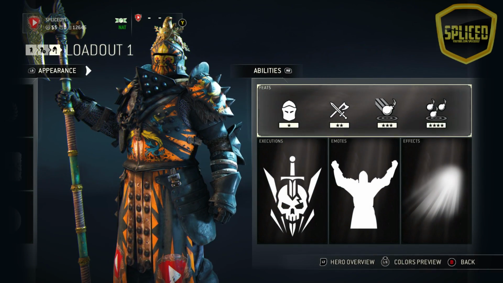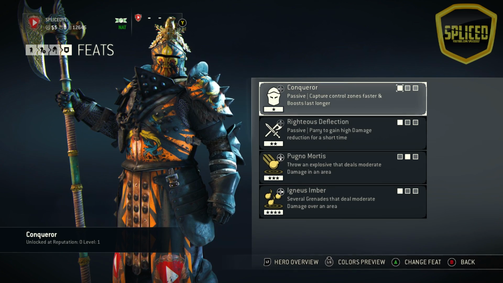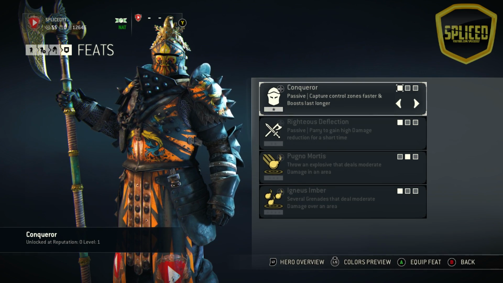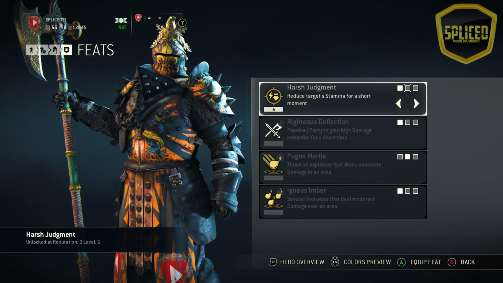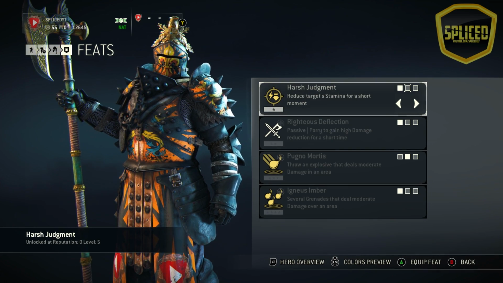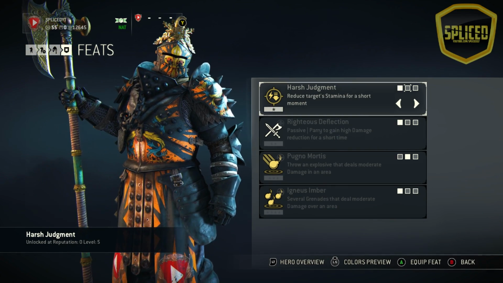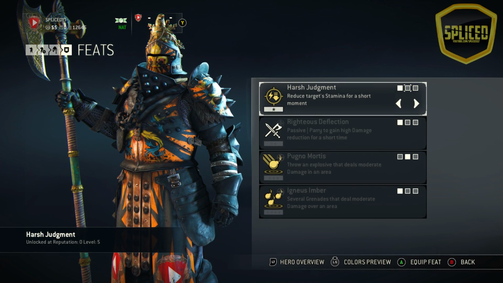And finally, we are moving into the Lawbringer. Lawbringer has the Conqueror as its first feat, which I think is the best way to go. There is Harsh Judgment, which reduces a target's stamina for a short moment, and it is a very powerful ability in a 1v1 situation. You guys might disagree, but when it's been used on me by other Lawbringers, I can say that